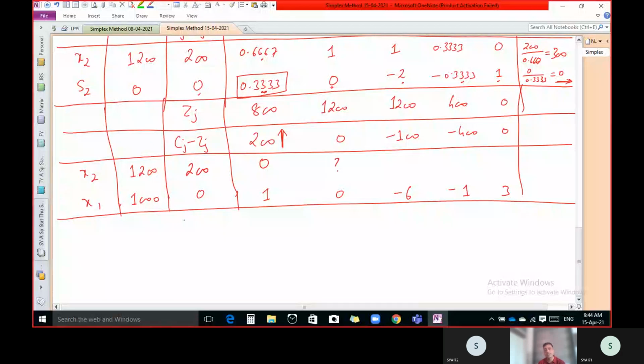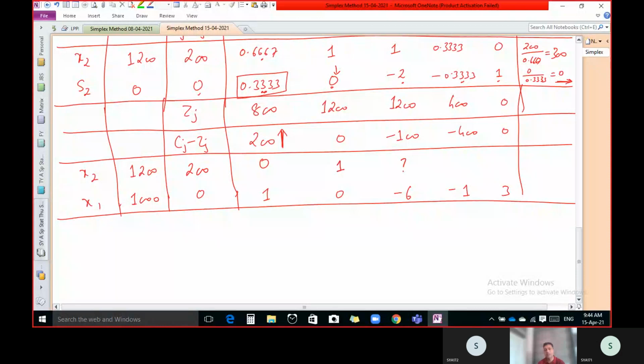Once again, let us calculate for this. So our old value is what? 1. 1 minus, now the corresponding dotted value is what? 0, and here this. So multiply this 0 with this. So obviously it is 0. Divide it by this 0.333. That is also 0, since 0 by anything is 0. So we have to subtract 0 from this 1. 1 minus 0, that is what? 1. So you have to write 1 as it is here.